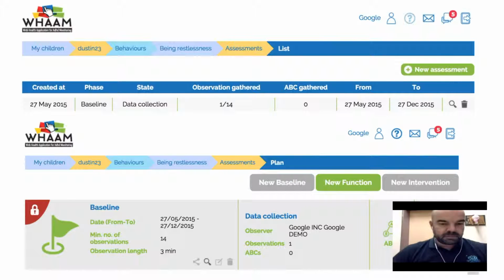These are the assessments. The assessments are of 2 types: baseline assessments and intervention. The baseline is usually before any intervention plan. After or during an intervention plan, we're talking about intervention assessment. So in each assessment, we have to